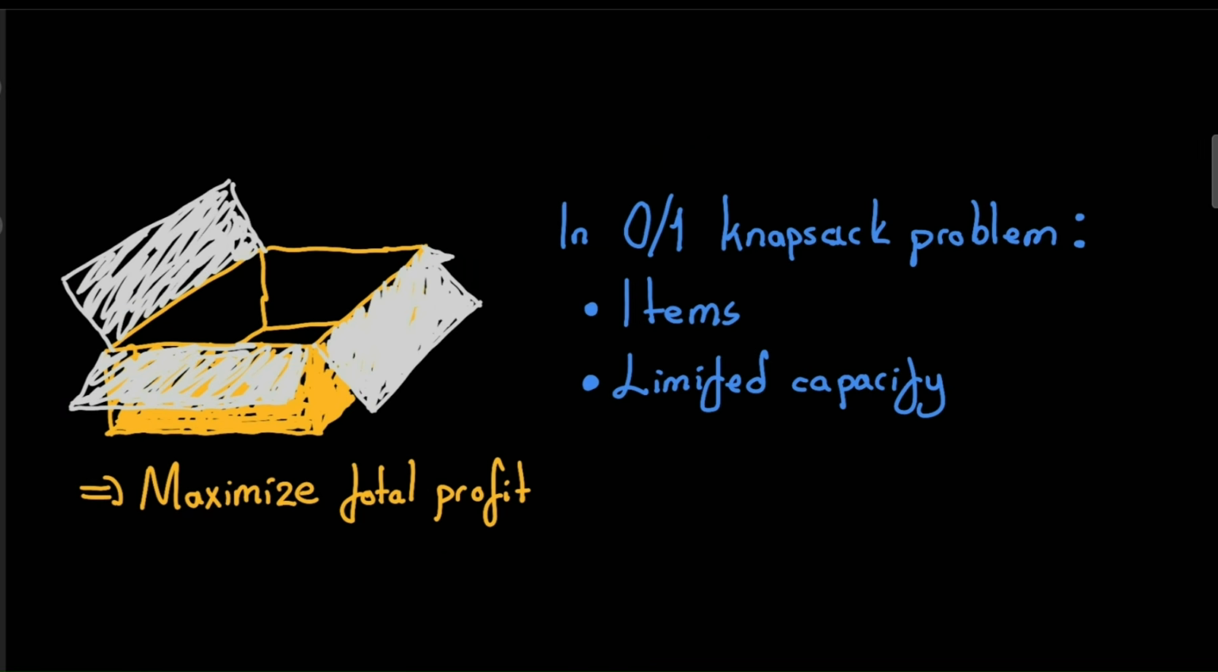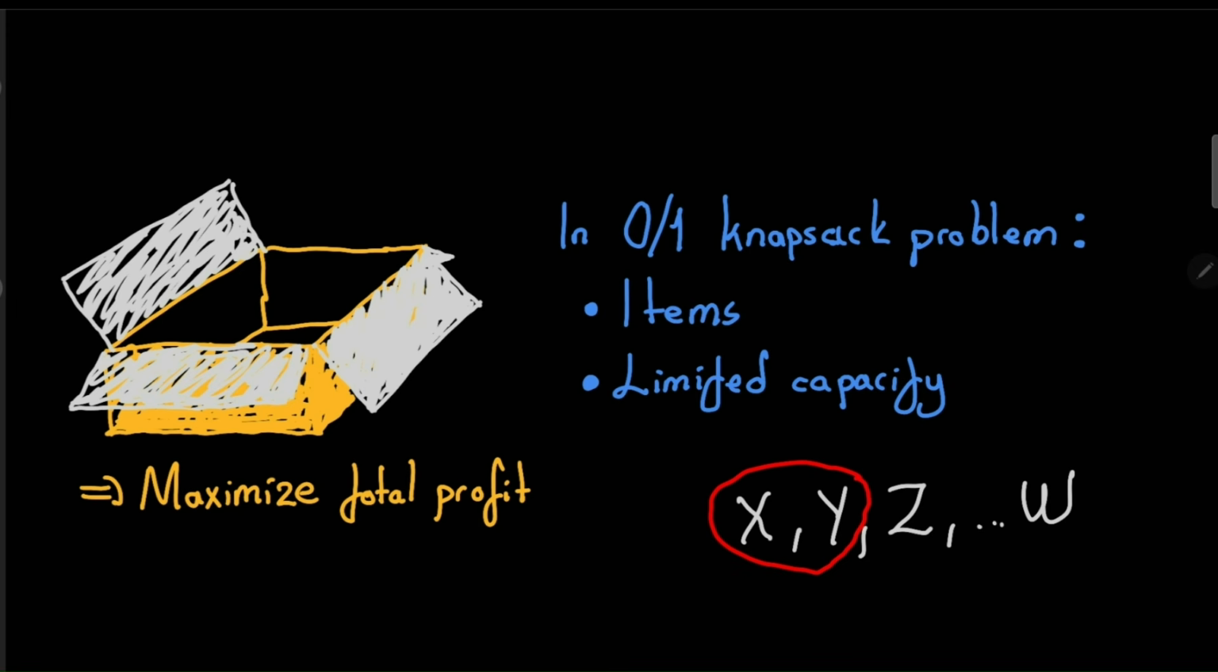In the 0 or 1 knapsack problem, we are given a set of items. Each item has a profit or value and a weight. We have a knapsack with a maximum capacity. So in the question or in the scenario, the maximum capacity will be given. And we need to select a subset of items, let's say X, Y, Z, and so on. And the goal is to select the subset of the items to maximize total profit without exceeding